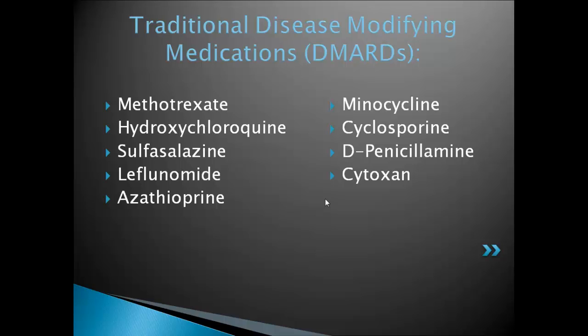But I realize I have more than one arrow in my quiver. I'm going to use whatever it takes to get the rheumatoid disease under control. Oftentimes, I will start with methotrexate, and then I'll add these two later if methotrexate alone is not sufficient. And if we go to triple drug therapy and that's not sufficient, then we start entertaining the idea of a